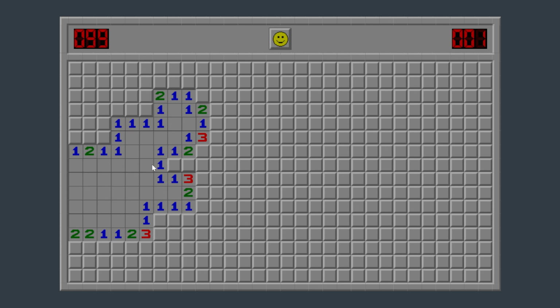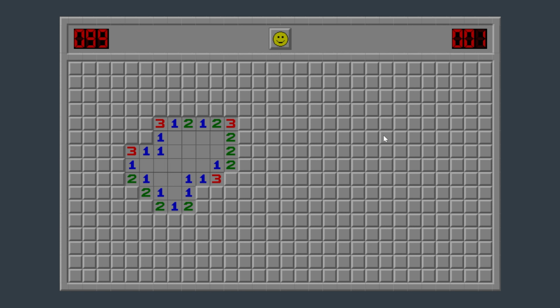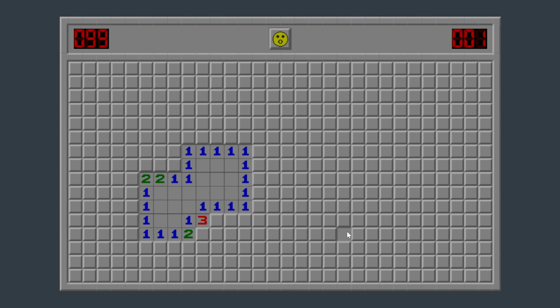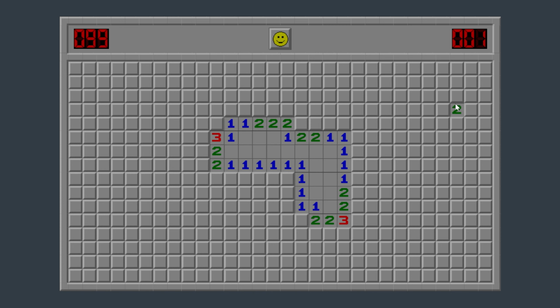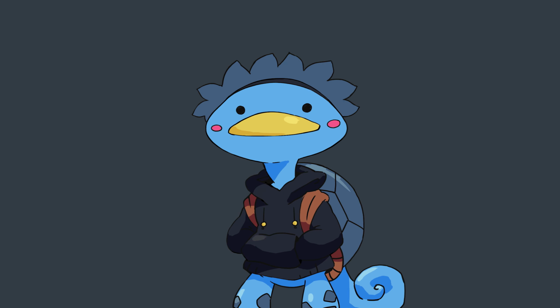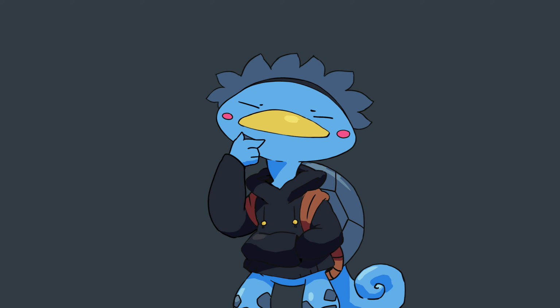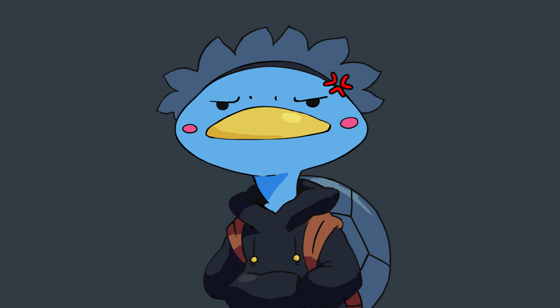If you click on a cell that does not have any mine in its direct neighbors, it reveals them also, which can cascade into pretty patterns. That's it, it's easy to learn, hard to master. It's surprisingly engaging despite its simplicity. It's a nice game, if you haven't you should give it a try. But today we're going to destroy it.